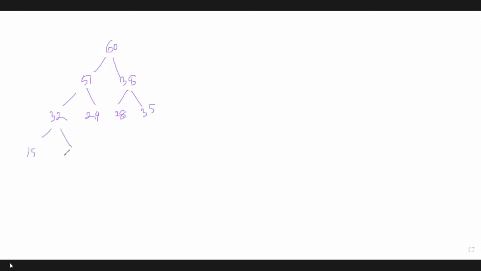Okay, so this is a max heap and it's a complete tree, so we can represent all the nodes in an array: 60, 51, 38, then 32, 24, 28, 35, 15 and 11.